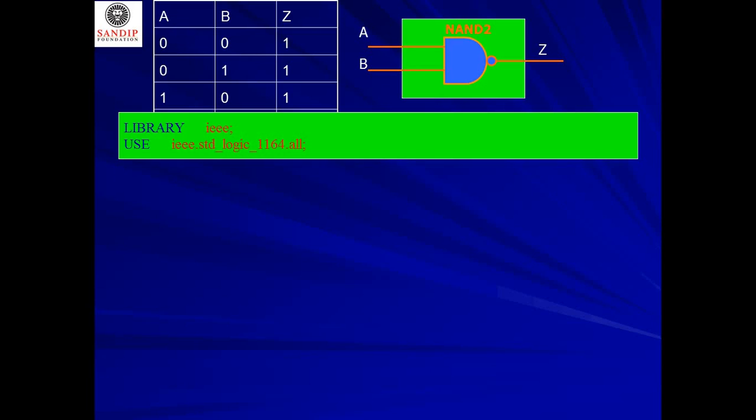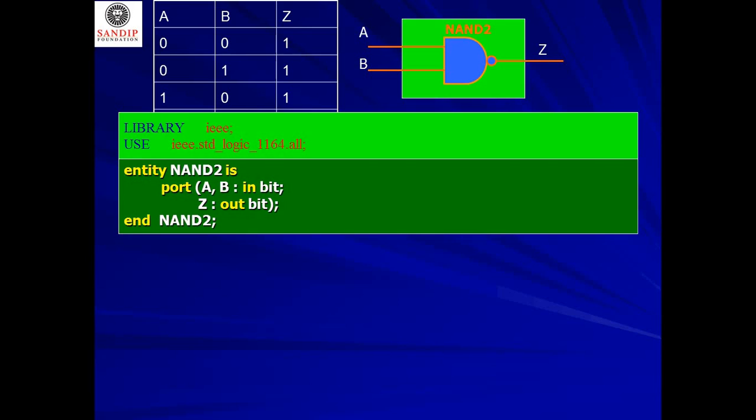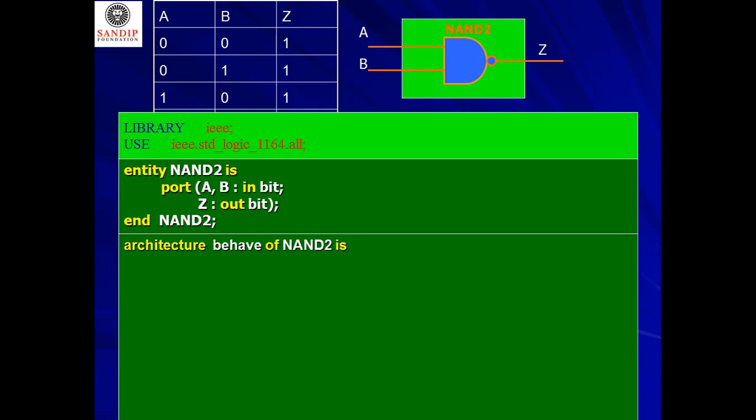First of all, write the library IEEE; use IEEE.std_logic_1164.all; entity NAND2 is port (A, B : in bit; Z : out bit); end of the NAND2. Architecture behave of NAND2 is,